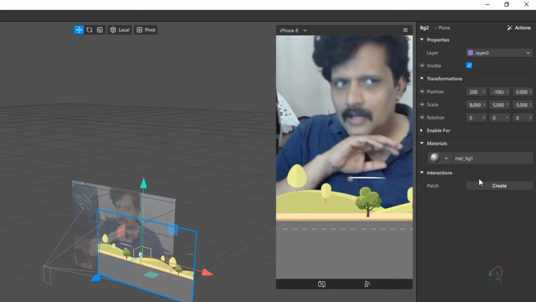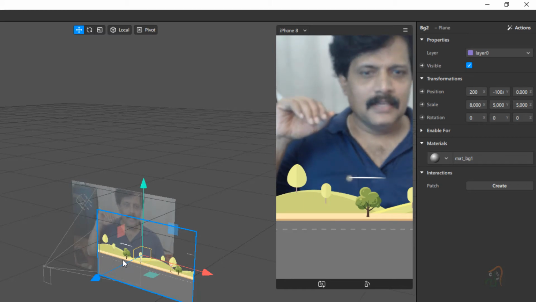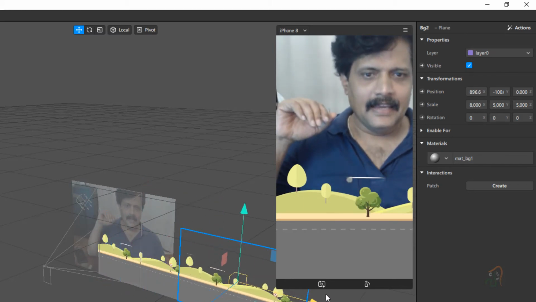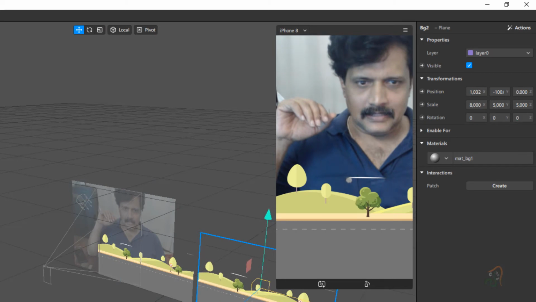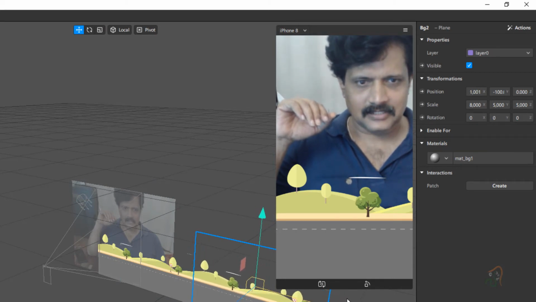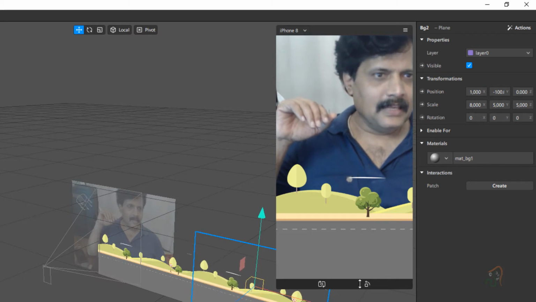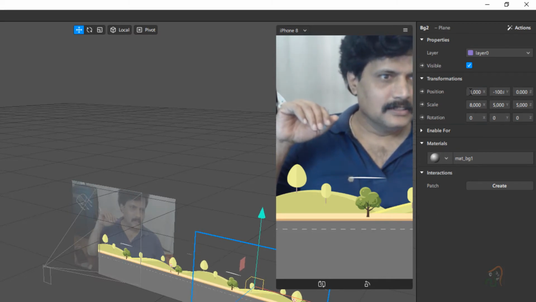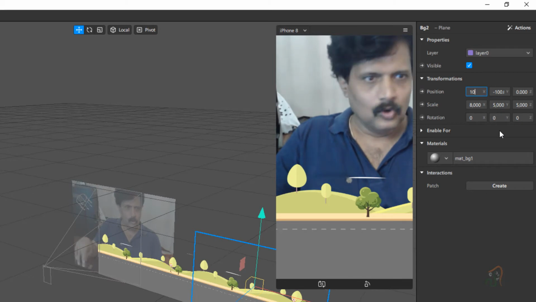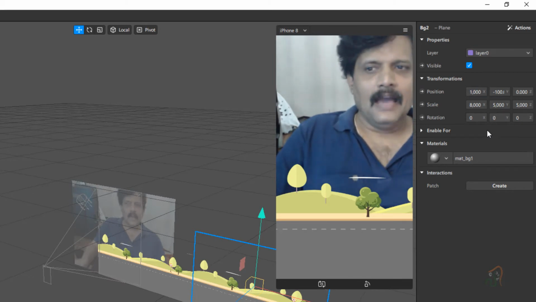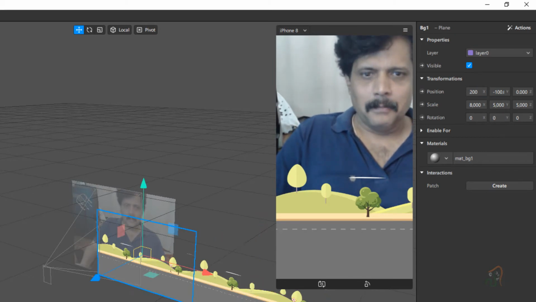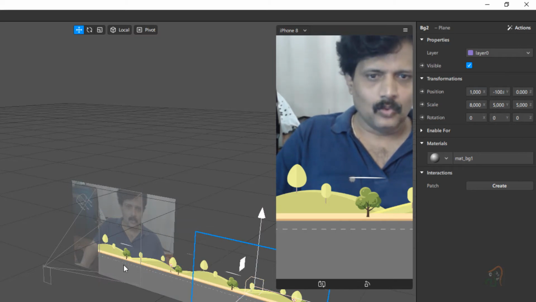After this, I want this to be moved to the end here so that it loops like this. It has to move to this end along the x-axis. I can move it manually, or in position set the value to 1000. So we have two background objects, BG1 and BG2, added here.